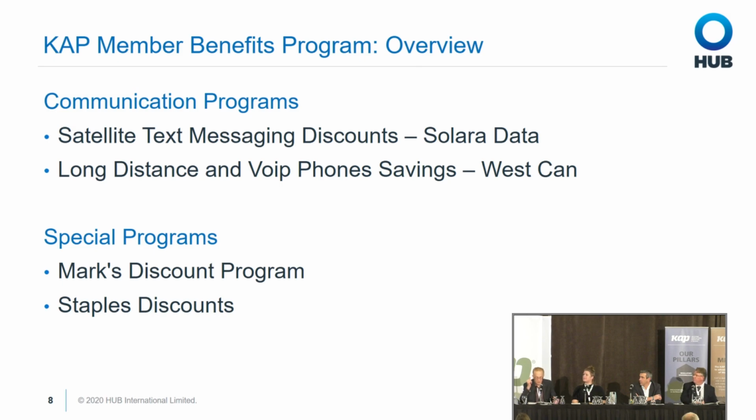And then the last slide here is with the communication programs, and again, we introduced a new program, a satellite text messaging program. I've been here many, many years, and there's been a lot of concerns regarding cellular coverage. So the satellite text messaging, the unit works through satellite. It detects if your phone sent a text and it never went through, or if you were receiving a text and the text did not get received, then automatically it'll go through the satellite. So it gives you 24/7 coverage, basically no matter where you are in the world, except within a closed steel building,